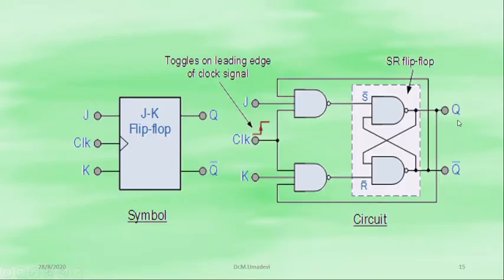Again, I have given the same JK flip-flop using an SR latch. Here we have used 2 NAND latches. So JK flip-flop, J, K, clock, then Q and Q bar outputs. Then this is the symbol, and the circuit diagram is constructed using SR flip-flop NAND latches. So here these 4 are NAND gates. J and K are the inputs and the clock pulse, rising edge or leading edge, or positive edge we can say, and Q and Q bar are the outputs.